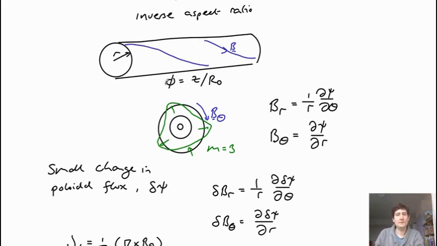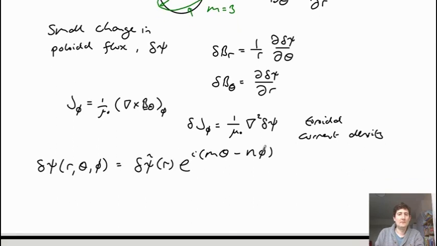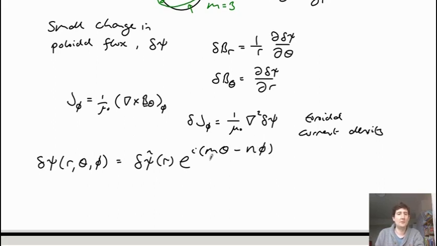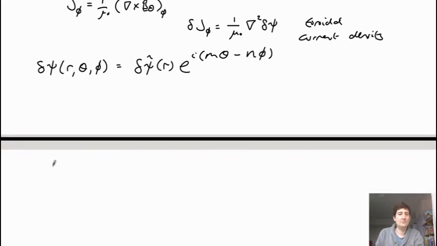And so here we just define an angle in terms of a distance z along here. And so we can write this in the form, this will eventually translate into a tokamak, so n would be the toroidal mode number, and m would be the poloidal mode number. Okay, and then what we can do is we can assume we have a slow